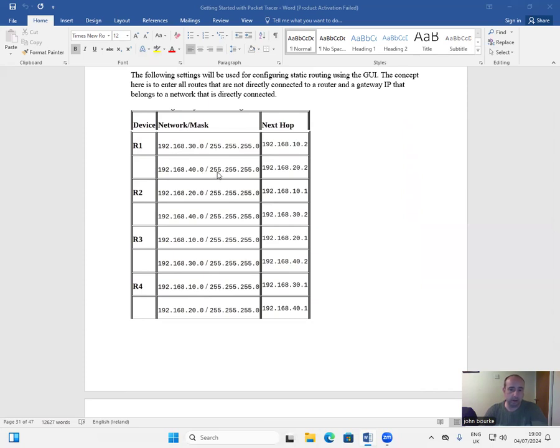192.168.40.0, 255.255.255.0, 192.168.20.2. Router 2: 192.168.20.0, 255.255.255.0, 192.168.10.1, 192.168.40.0, 255.255.255.0, 192.168.30.2. Router 3: 192.168.10.0, 255.255.255.0, 192.168.20.1,